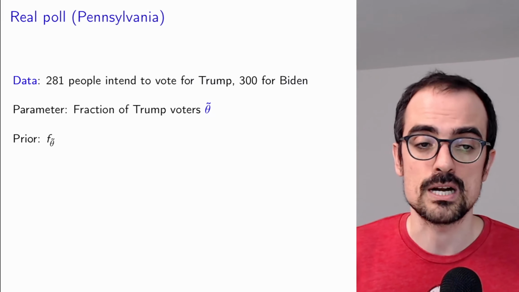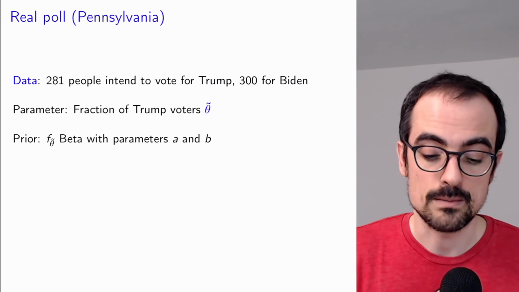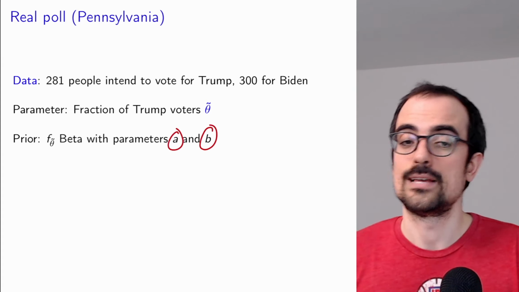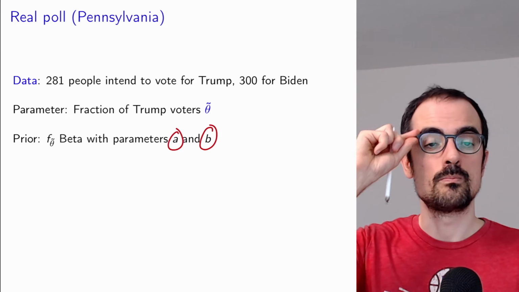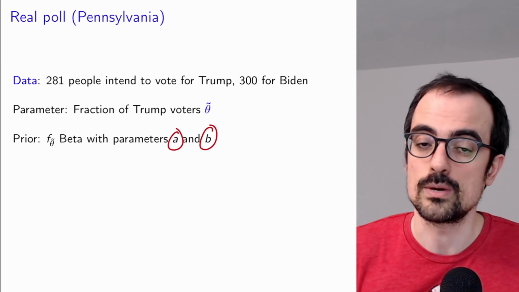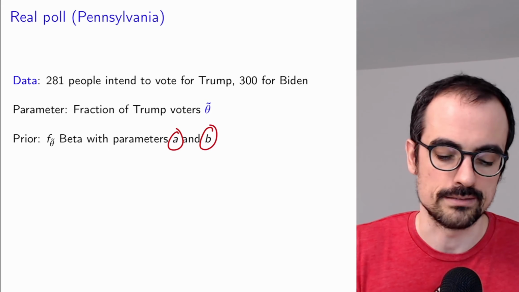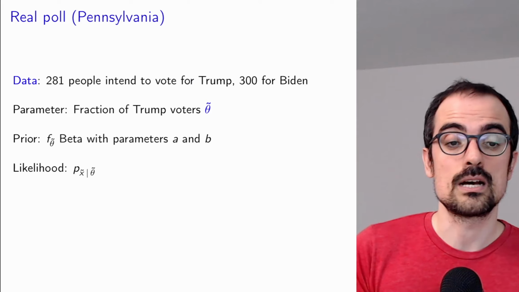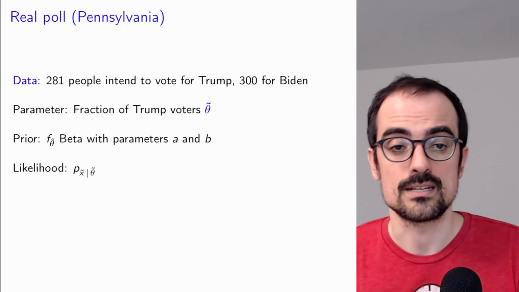And we give that parameter theta a beta prior with a certain parameter A and B, which could capture data that we have from other polls, or maybe from the economic situation, or the opinion of some pundit, or whatever. And now we can derive the likelihood, and it turns out that under the conditional independence assumptions